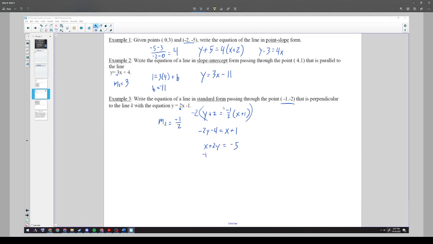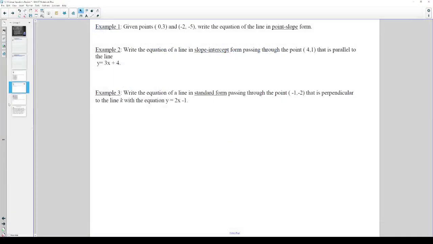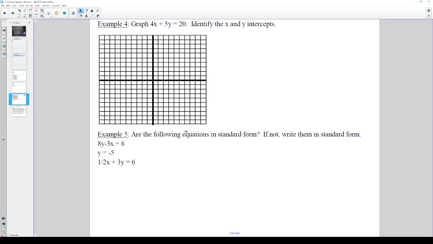If I put negative 1 minus 4, because negative 2 times 2, I get negative 5. So that checks out. So that's how we do those. And then we have one more set of examples. We've got graphing